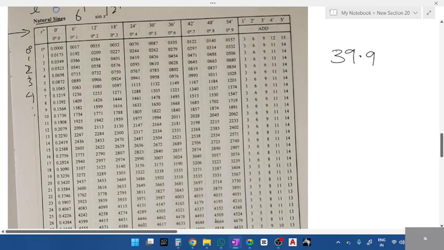Or let me take 19.9. 19.9 lies here. This column, this row, 19.9, the answer is 0.3404. Okay, after 19.9, what will you get, students? After 19.9, we have